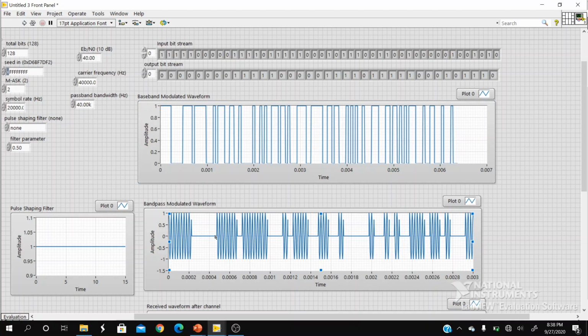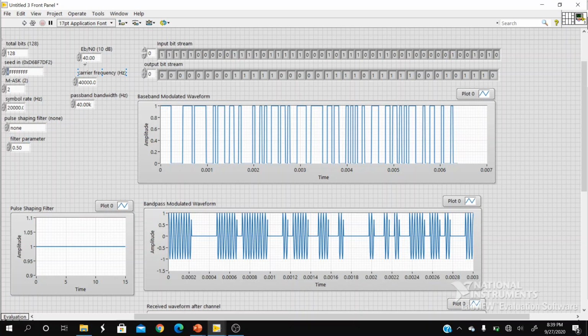Again, there are 4 continuous ones, so there are 8 waveforms. Since I have given the carrier frequency as twice the symbol rate, one symbol will be represented by 2 cycles of the carrier. Wherever there is a 0, there is nothing, no voltage of the carrier is transmitted. So this is exactly the waveform of your ASK bandpass signal.